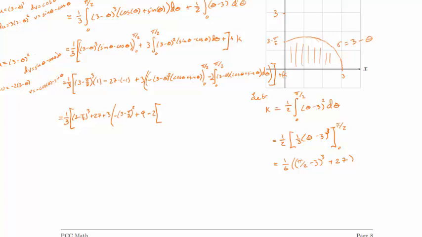Alright, and we get one more by parts. Last one, 3 minus theta is my u. So my du equals negative 1. And my dv equals cosine of theta plus sine of theta, d theta. So v equals sine of theta minus cosine of theta. So we do u times v